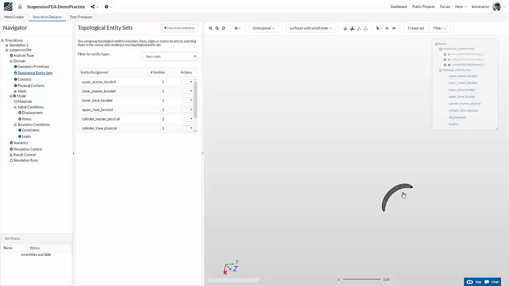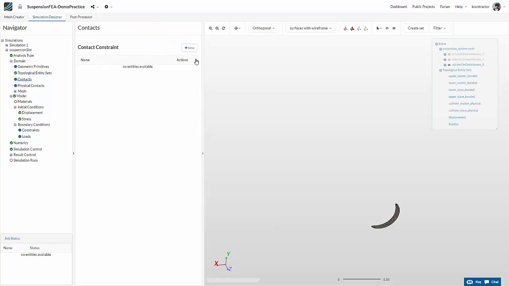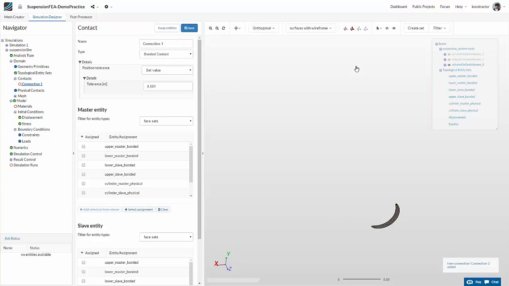As you can see here, this is the part of the spring, and this is the lower slave. So this is how we use topological entity sets, and these would be really helpful in setting up our further constraints. So the next step in our workflow would be to set up a constraint, and the first constraint would be between